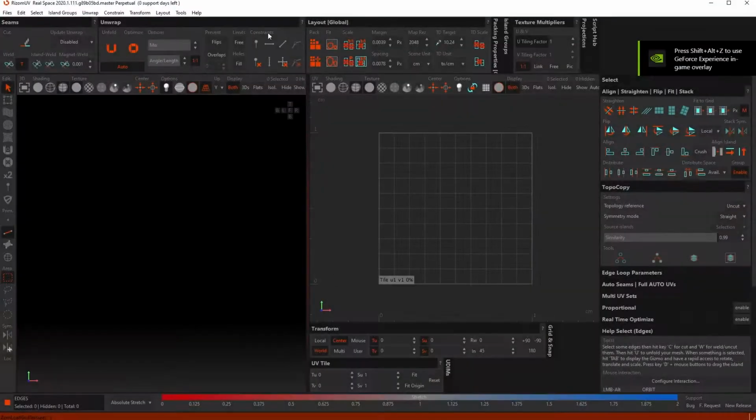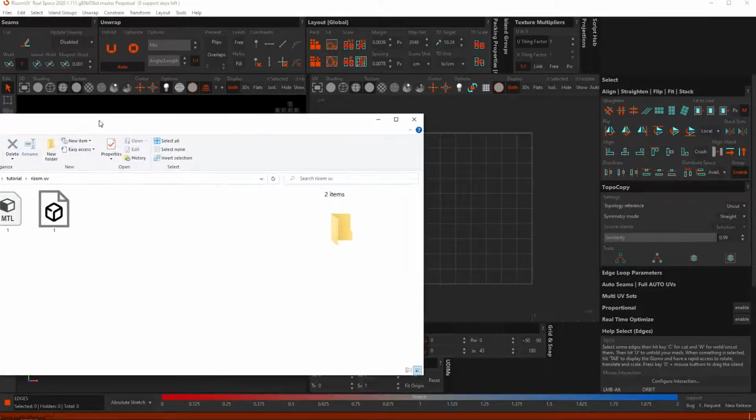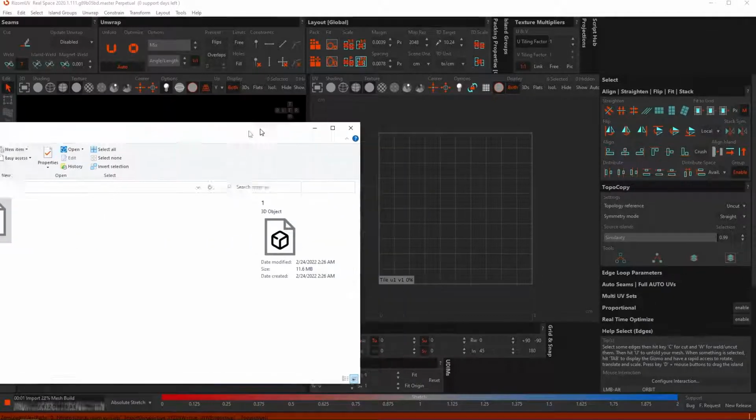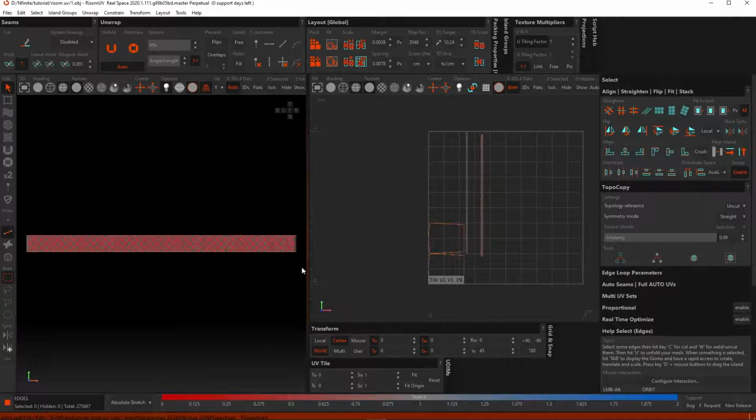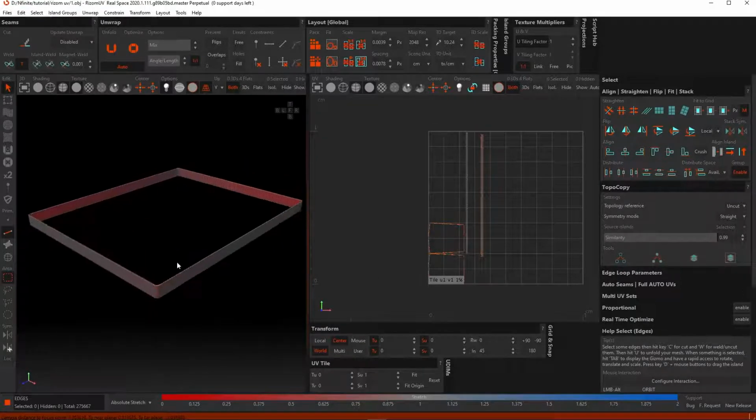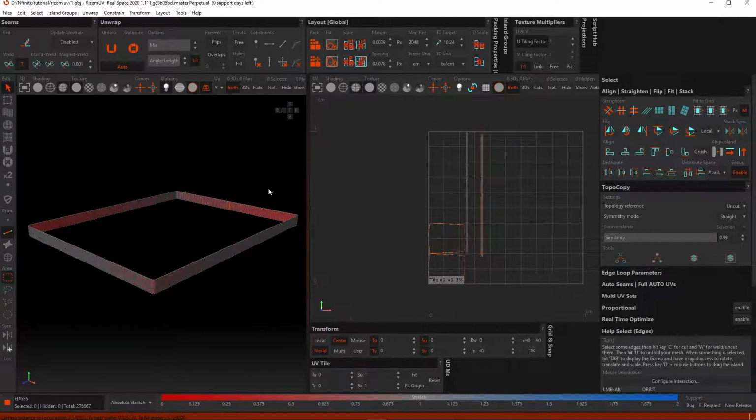Okay, you can see it's the Rizom UV interface. I go to the place I exported my object and drag and drop it into the Rizom UV interface. As you can see, it has a 3D viewport and a 2D viewport, like what we have in Blender.